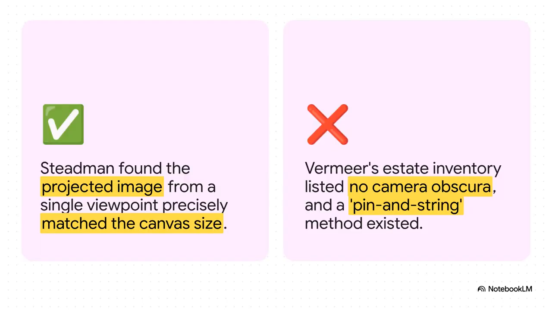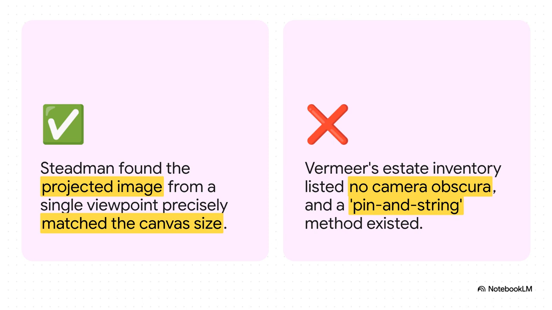Well, this is where the debate gets really complicated. On one side, you have researcher Philip Stedman, who did this incredible work showing that if you reconstruct Vermeer's rooms, the image projected by a camera from one specific spot would perfectly match the size of his canvas. That's pretty compelling. But on the other hand, when he died, there was no camera obscura listed in the detailed